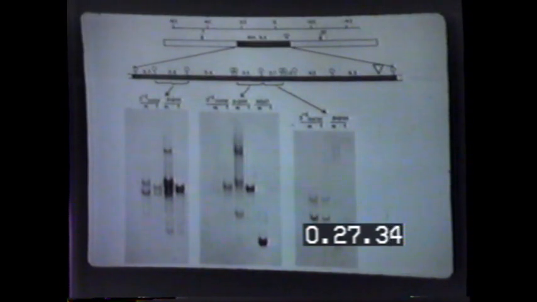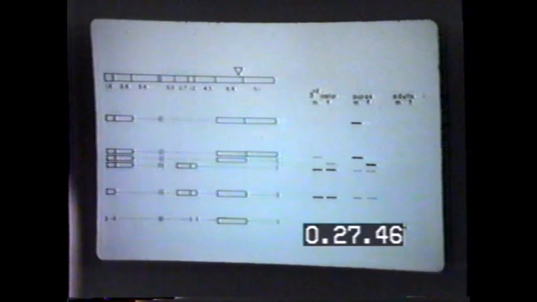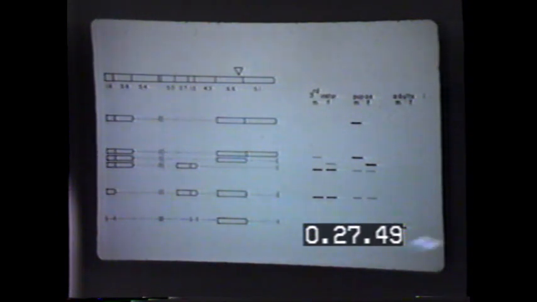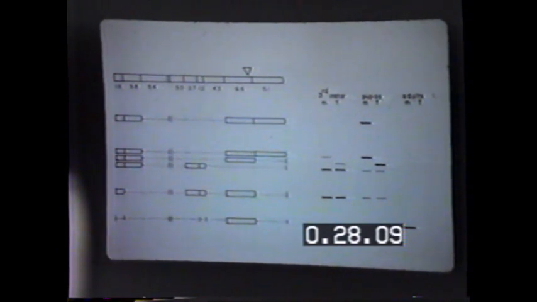And this is just using some different probes from across the region, showing that one can again see sex-specific transcripts as well as transcripts which are present in the larvae that are not sex-specific. This is summarized here, where this is the pattern of transcripts we would see in larvae, pupae, and adults of the two sexes, so that there are larval transcripts that are sex non-specific, and then pupal and adult transcripts that are sex-specific. And where those come from in the gene is indicated by the open boxes here. So these transcripts are formed by a variety of uses of the DNA from the doublesex gene to generate those different transcripts.